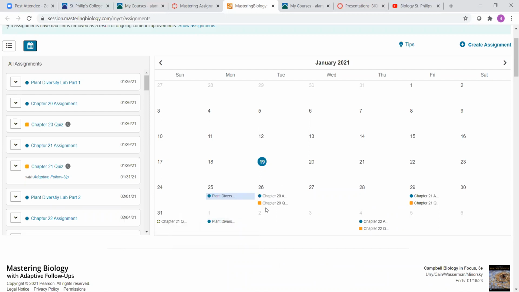Just because it's due on the 26th doesn't mean that you have to wait until that day to take it. If you can click on it and start it, you're welcome to do it ahead of time if you want to. The exams are also going to be here in this student assignment link, but they're only available for 24